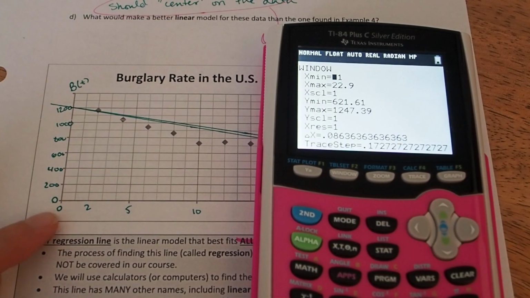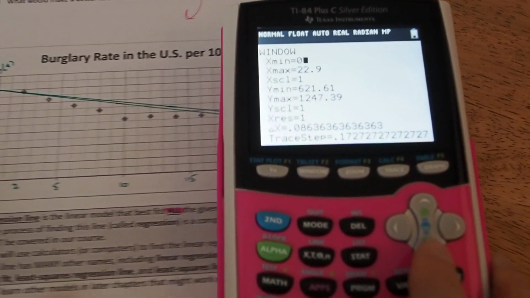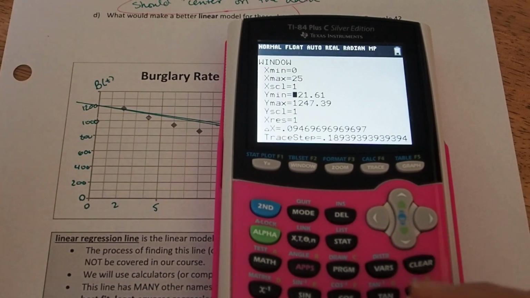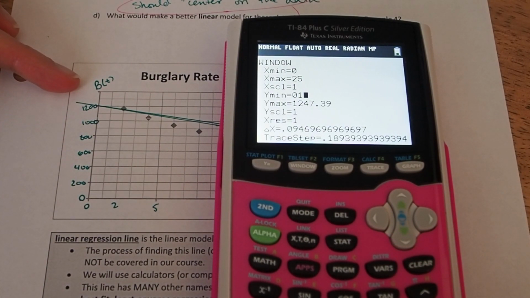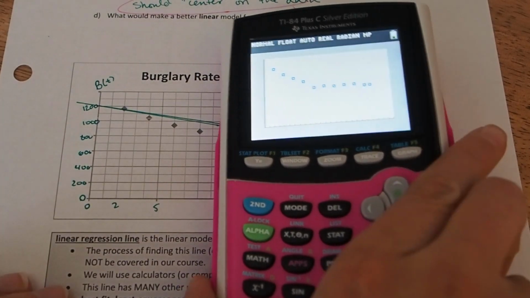Okay, so the x min is 0. The x max is, if that's 1520, that one must be 25. So I'm going to go to 25. The scale can be 1, that's fine. The min on y is 0. The max on y, if that's 1200, must be 1400. Okay. Now I'm going to hit graph, and I'm going to see something that looks a lot closer to